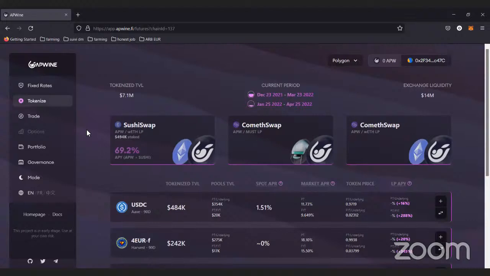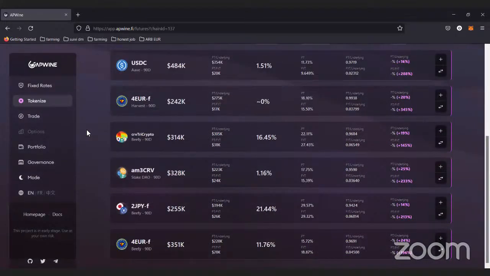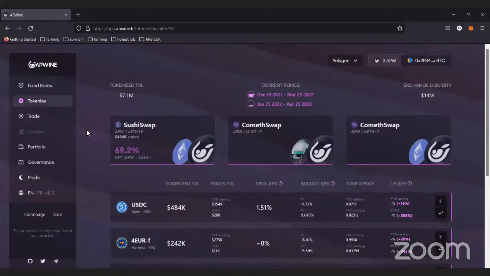My understanding now is that for GPY, it makes more sense to directly buy the PT because you're going to receive more PT than if you were tokenizing it. And you won't have the FYT, but because you receive more PT, it's okay. Wow, such complicated stuff, huh? So I think it's worth the shot to dig into APWine, even though you may think that it's uber complicated. But take a look, try to understand a bit more.